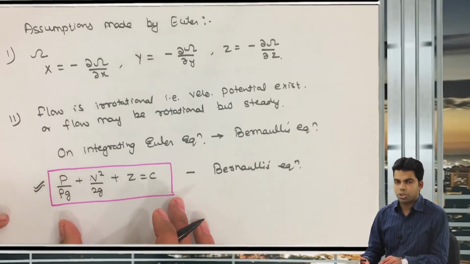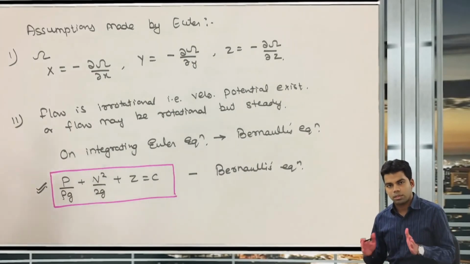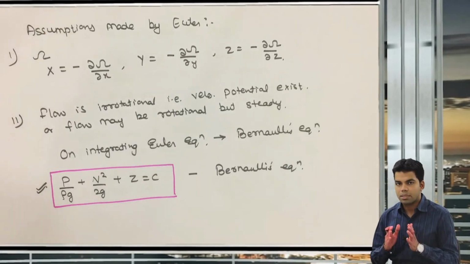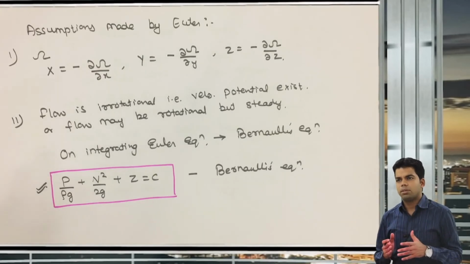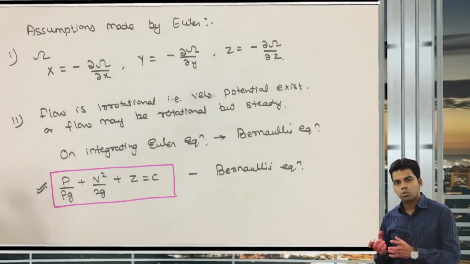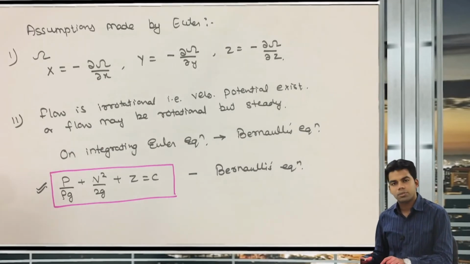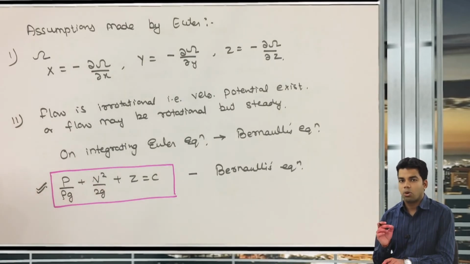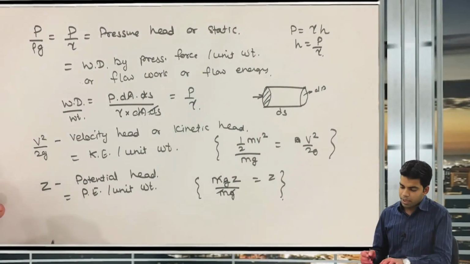This is Bernoulli's equation, or you can also call it the energy equation, because this represents total energy: pressure energy plus kinetic energy plus potential energy. This total energy in any flow remains constant. Bernoulli's equation and energy equation are the same macroscopically, but microscopically we would also have to consider the kinetic energy of individual molecules. So they are the same macroscopically but not microscopically. Getting this or not?